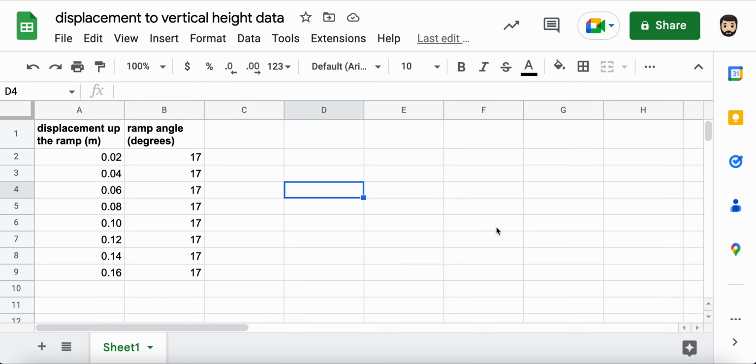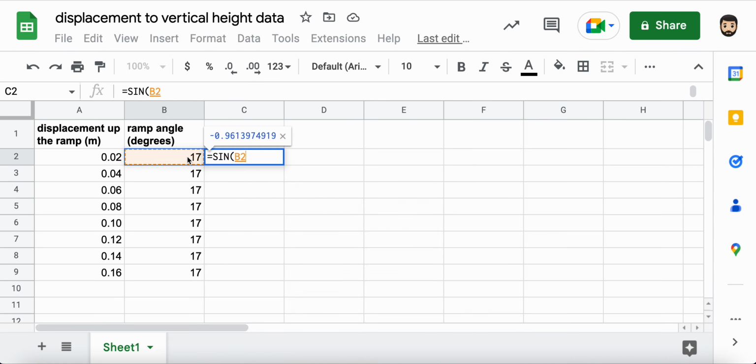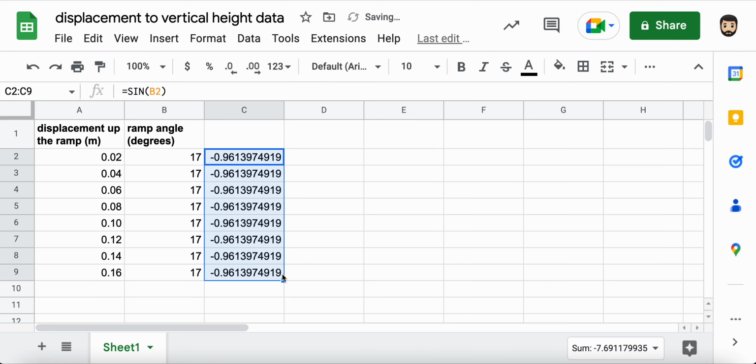Now, in order to measure how high up the ramp you went, you'll need to take the displacement up the ramp and multiply by the sine of the angle you have there. So you might think that all you need to do is type in sin for sine, and then click on the angle, close your parentheses and press enter, and click and drag, and boom, you've got the sine of the angle. However, that doesn't work because Google Sheets uses its trig functions with angles in an angle measure known as